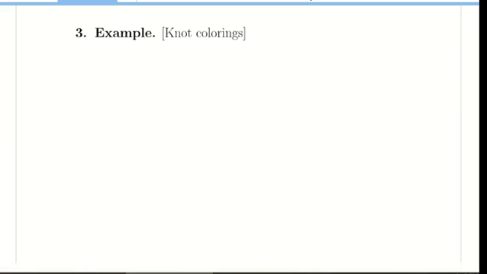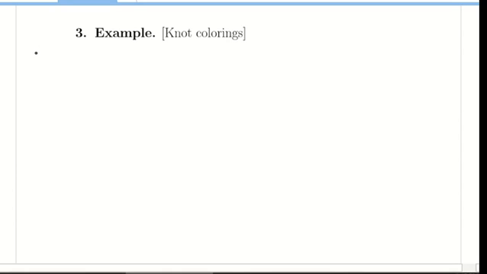All right. Now I'm going to have a little bit of fun. So now I'm going to talk about knot theory. This is one of the things that I do or have done in the past. So in case you don't know,